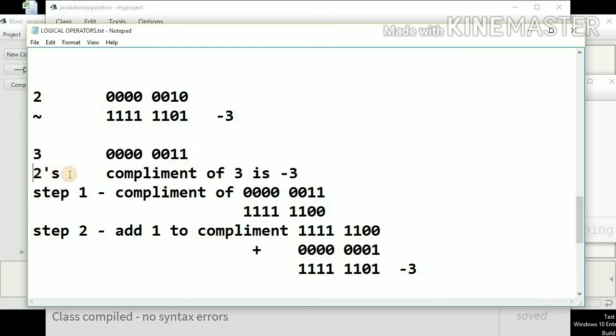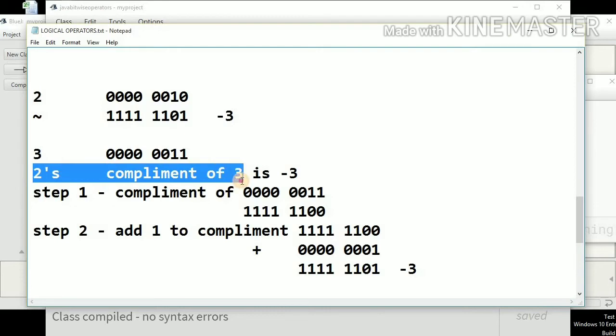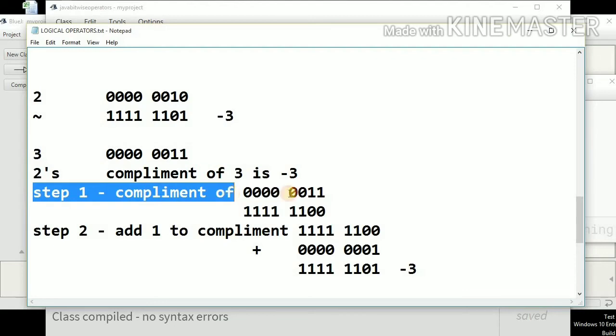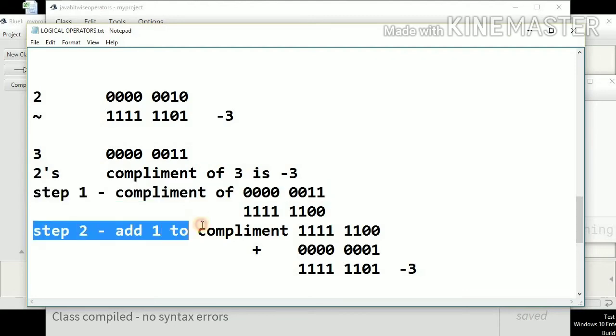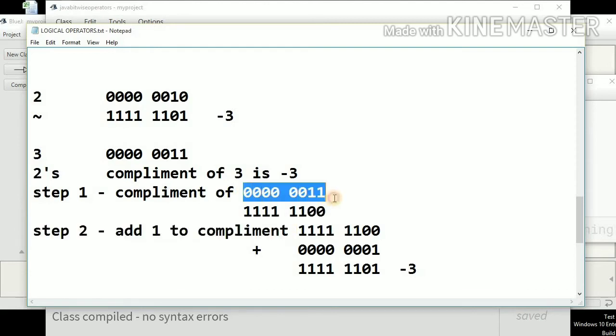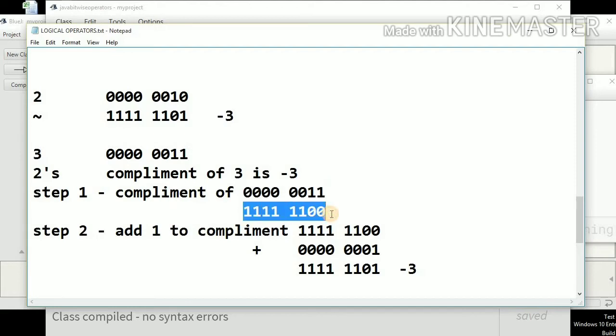To find the 2's complement of 3, we have to follow 2 steps. Step 1, we need to find the complement of the given number, and step 2, we need to add 1 to this complement. So the complement of plus 3 will be this. All the 0s will be converted to 1 and all 1s will be converted to 0.